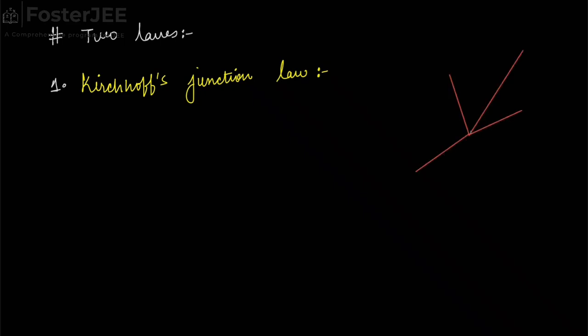Suppose this is a part of a circuit we have. Now this point is called a junction. Let's suppose from this part of the circuit, or this wire, I1 current is coming. From this branch, I2 current is coming, and in this branch, I3 current is going, and in this branch, I4 current is going. So the Kirchhoff junction law says that the summation of current at a junction has to be 0,